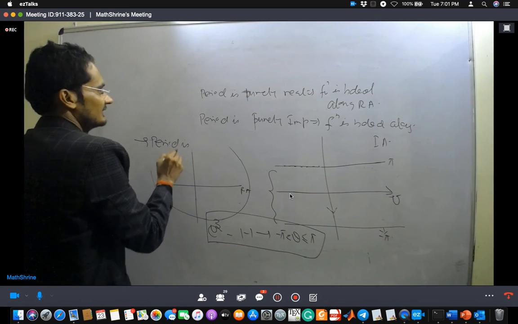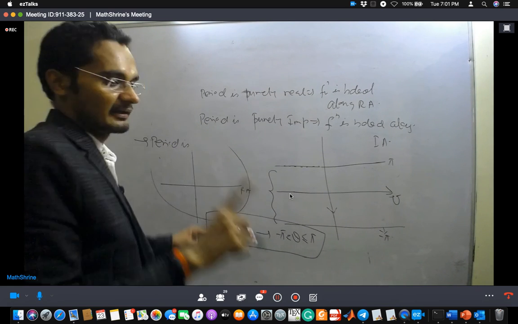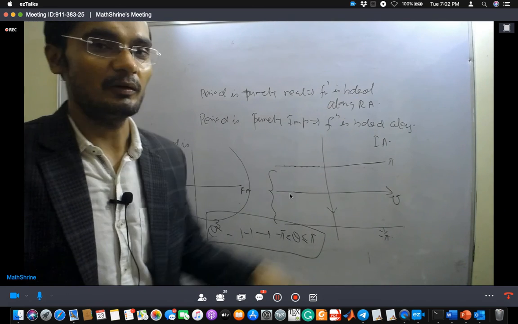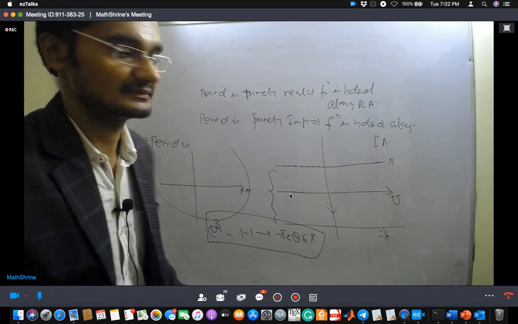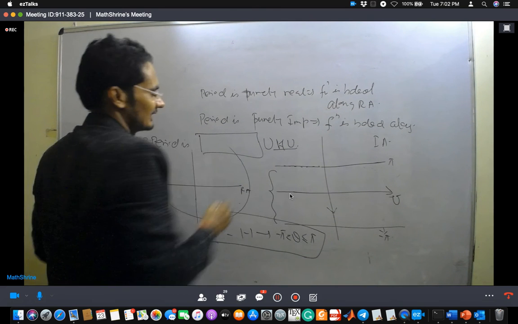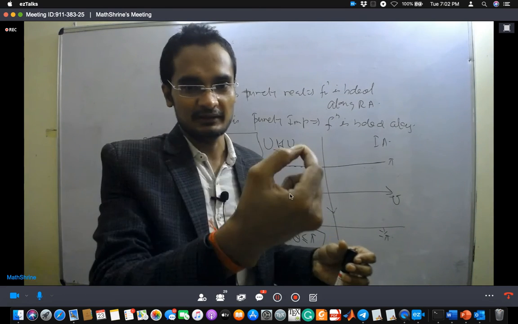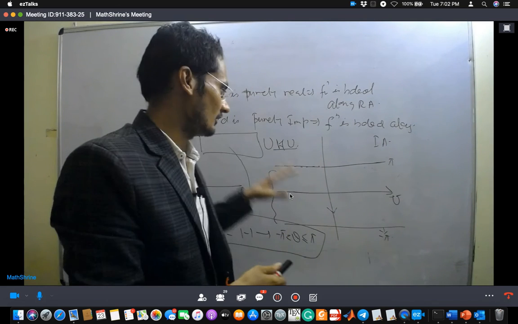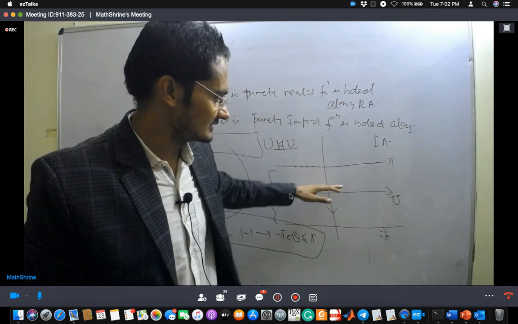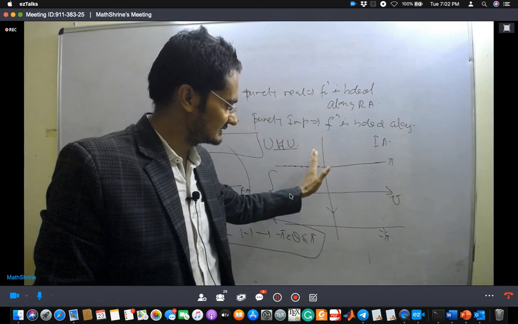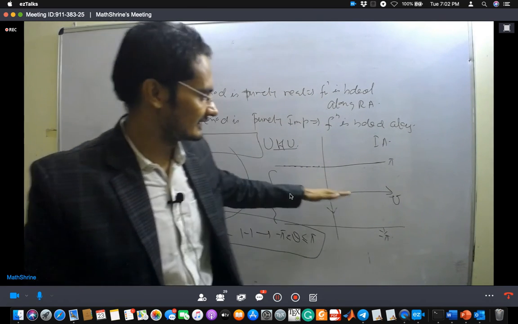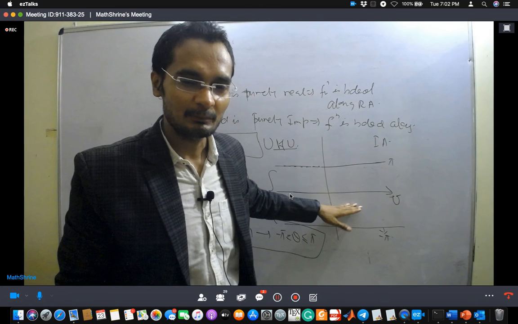In real analysis, we had only one variable. We have one choice, left or right. In the complex, we have two variables, the real axis and the imaginary axis. If a function is bounded along the real axis and the imaginary axis, then we say it is a bounded function. In other words, if a function is periodic along the real axis, we say it is periodic along the real axis. If it is periodic along the imaginary axis, then we say it is periodic along the imaginary axis. We have seen, for example, the exponential function. In real analysis, the exponential function is not periodic.